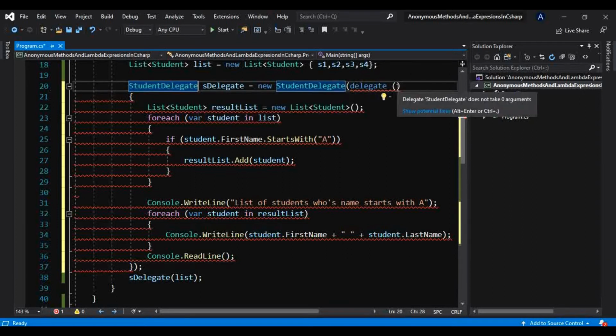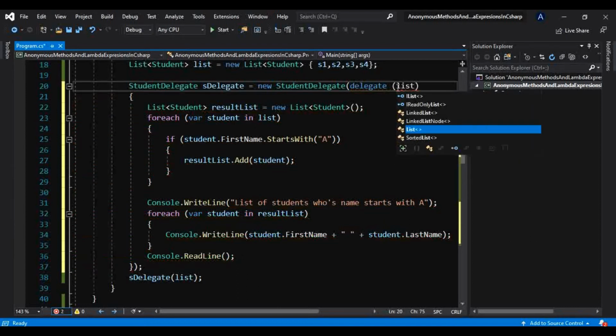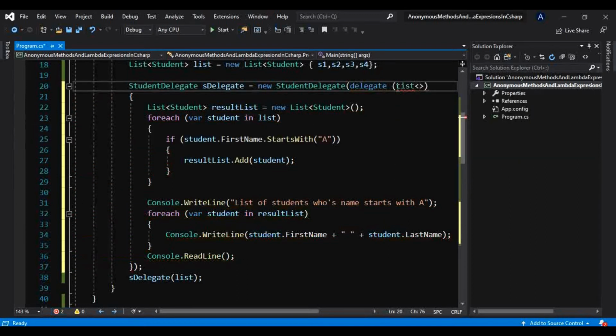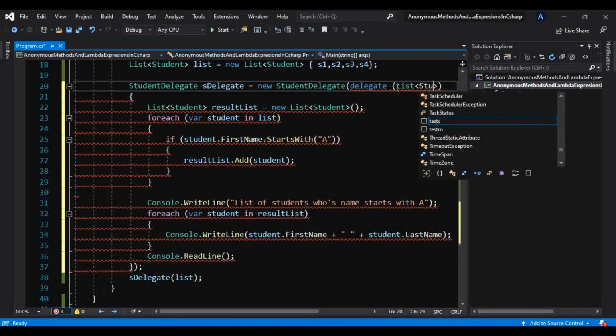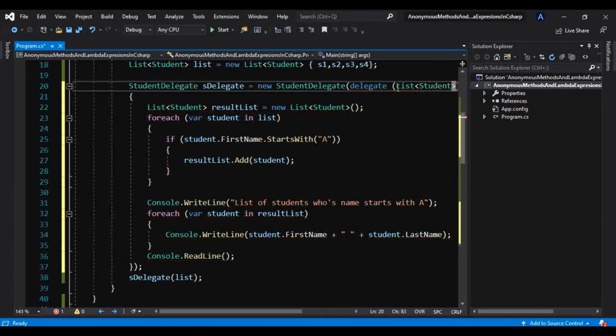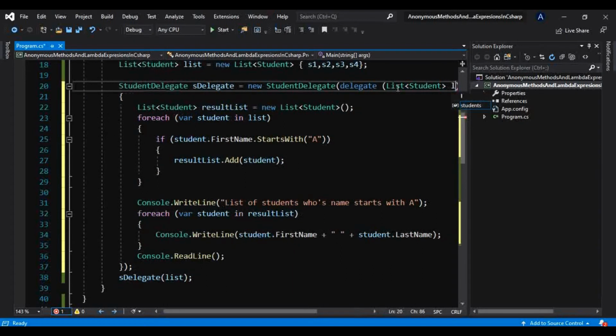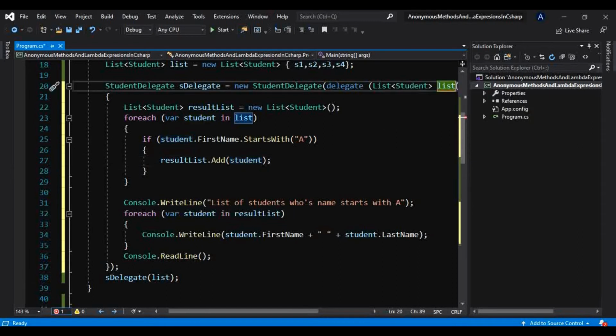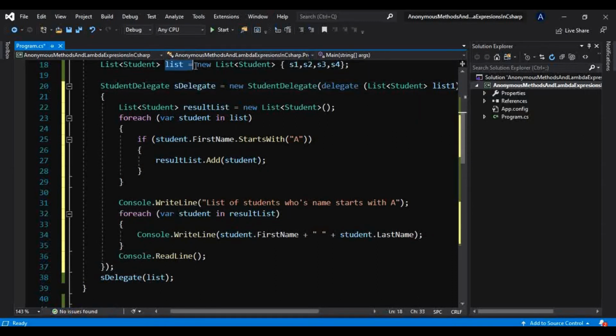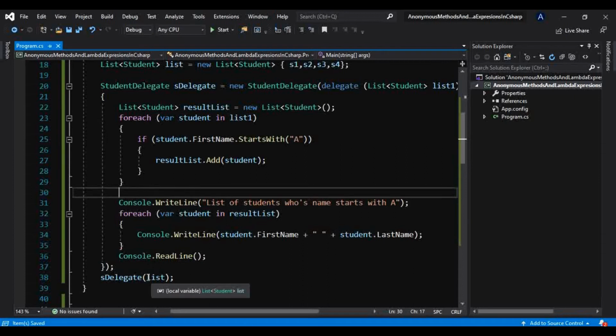So we will define that parameter here, a list of student, and let's create a variable, that is list. I will name that list1 because we are already using list here, and instead of this list I will make that list1.